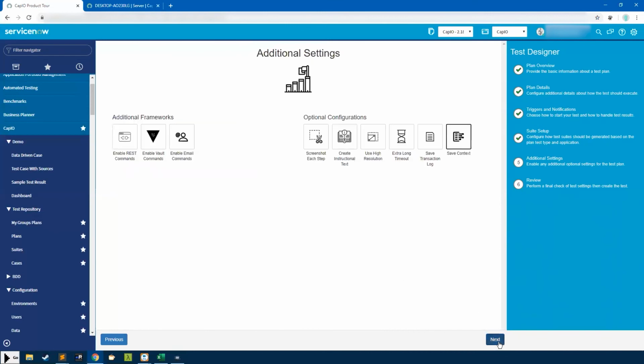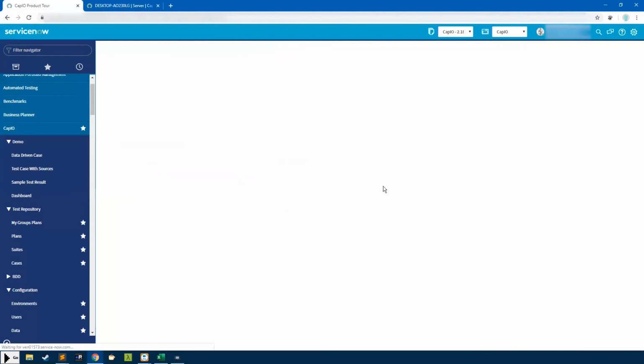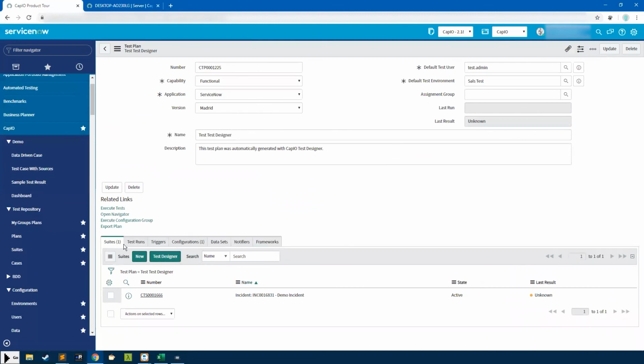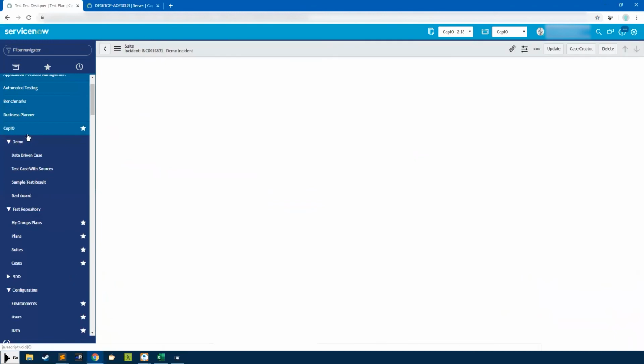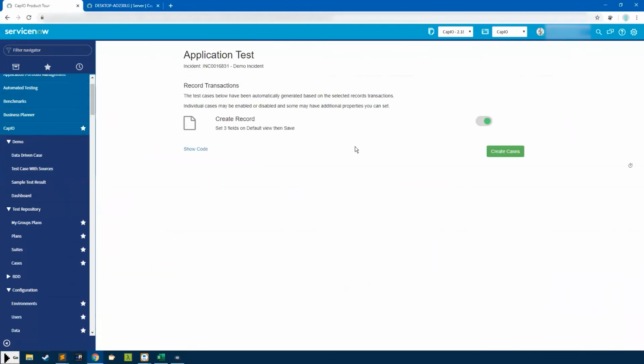Additional settings are all those configs and optional things here. But now the last step, I'll be asked to create this plan. You'll see it will create everything that I had before, and it will create this container here for this test suite. The next thing I want to do here, when I come in here, you'll see the cases are empty here. To continue that setup here, we'll run case creator here, and we'll see for this particular application and